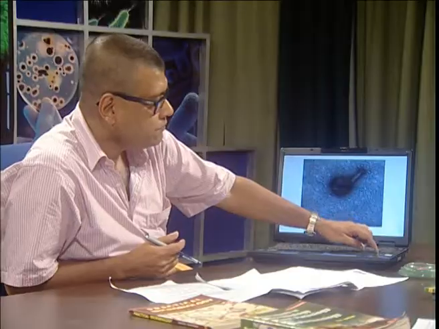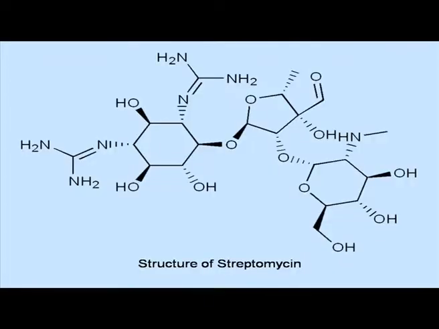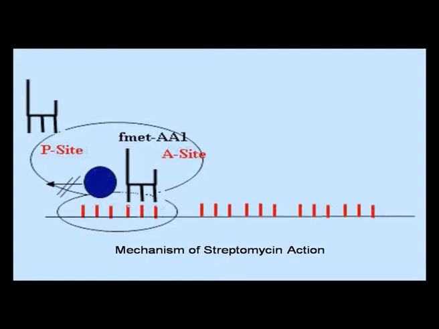Now we come to a very important compound. Waksman and his colleague in 1944, discovered a compound called streptomycin from a particular actinomycete called Streptomyces griseus. This particular antibiotic is actually blocking the protein synthesis, blocking the 30S ribosomal subunit of the bacteria, and thereby it was the only drug at that time efficient against the dreadful disease of tuberculosis. So the discovery of streptomycin actually prevent a lot of people from dying while they suffer from tuberculosis.